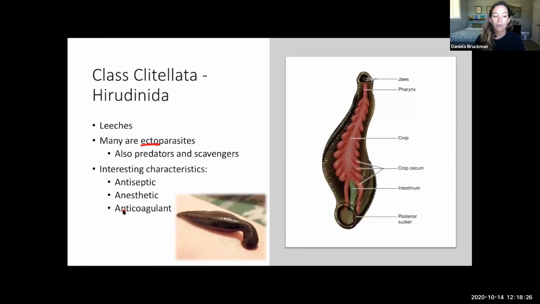And then it produces an anticoagulant, which prevents the blood from clotting that is being given off by the host. And it just kind of keeps that blood flowing until the leech is nice and plump and full and detaches from the host and falls to the bottom of the swamp or whatever. And then it actually takes quite a long time for it to digest its blood meal. So yeah, those are leeches. And so they're really close